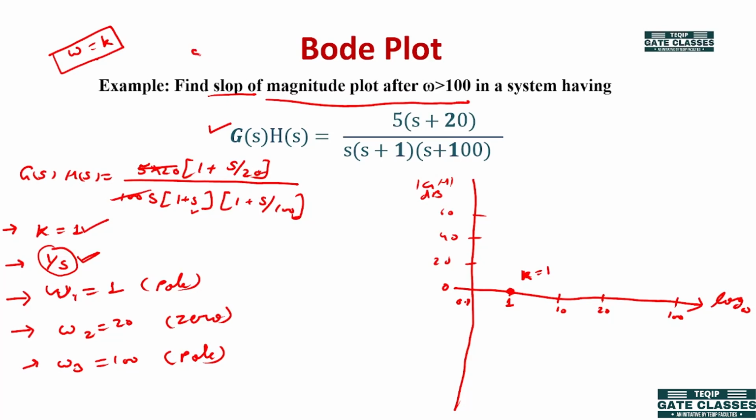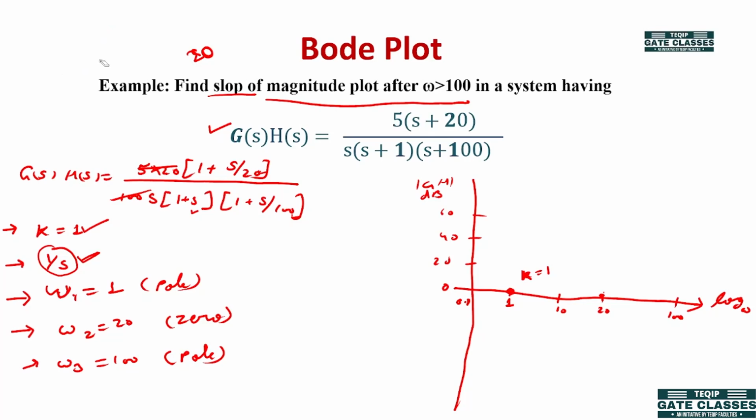So if we had K equal to 20 in the question, this slope would have been cutting the 0 dB line at 20 dB. So in this question we have K equal to 1. So this slope will be crossing the 0 dB line at omega equal to K. Okay, if we have a second order pole at origin, then this would become under root K, and if I have a third order pole, this becomes cube root of K. Okay, and so on and so forth.